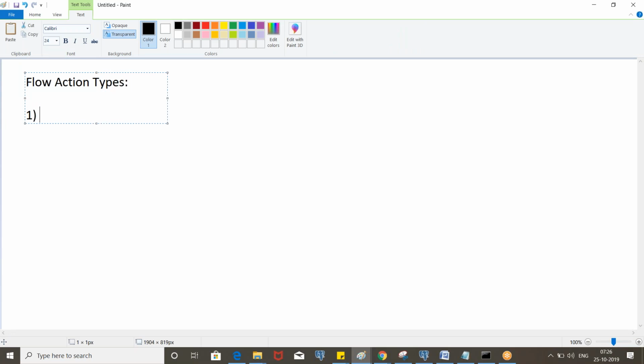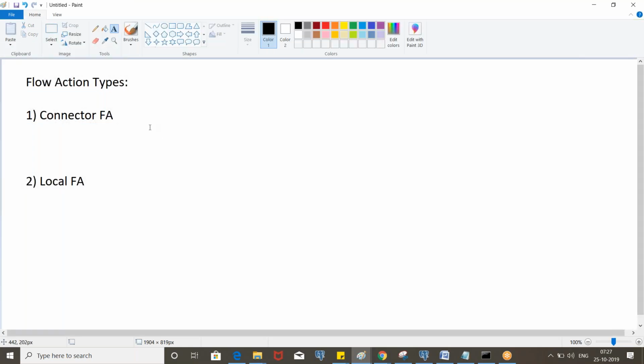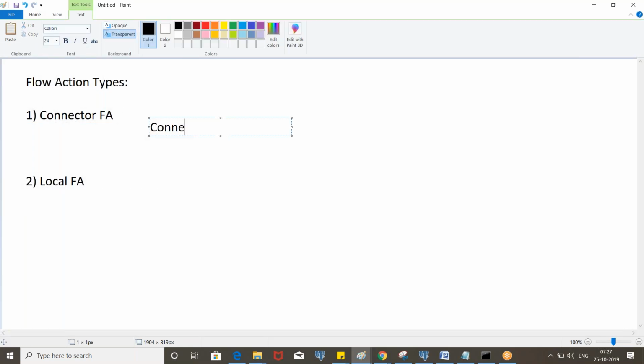We have two types of flow actions, connector flow action and local flow action. Simply, a connector flow action advances the flow.